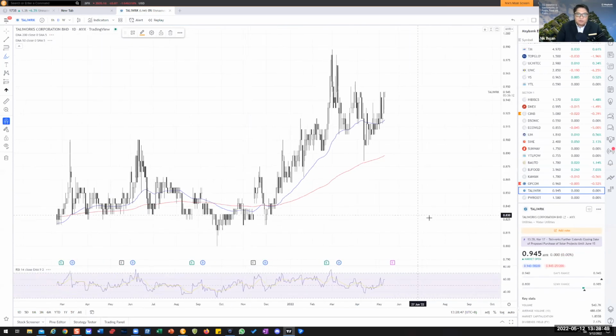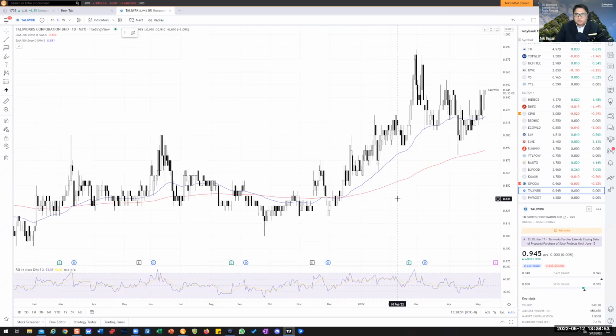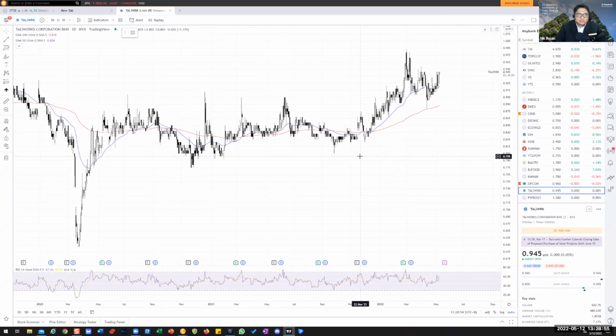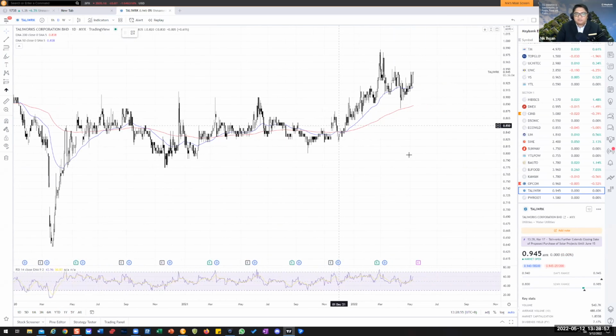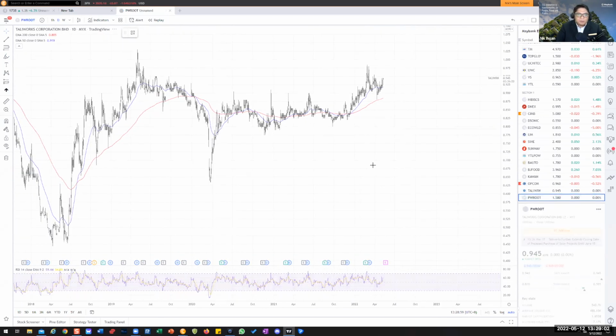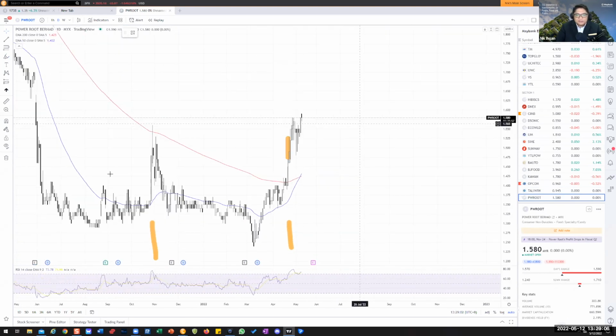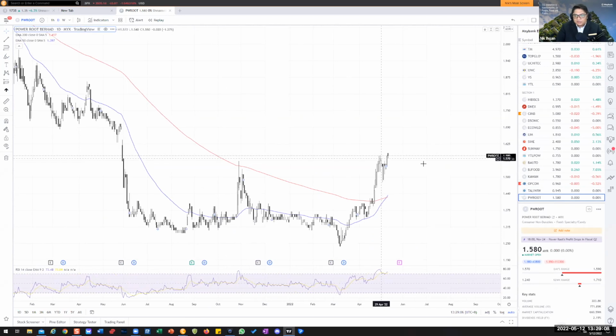Taliwork also doing quite well, slowly and gradually. So one of the few stocks which is, I would say, slow in nature but quite safer in terms of the trend movement. And last but not least would be Power Root. Okay, strongly upward movement. There is a new high characteristic, and the overbought reading here tells you that the stock